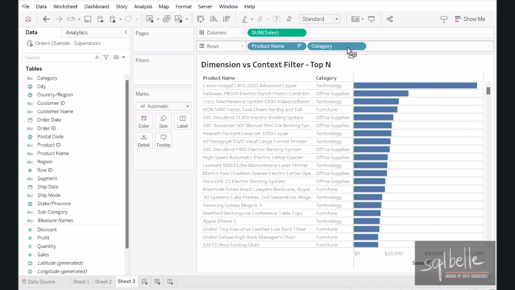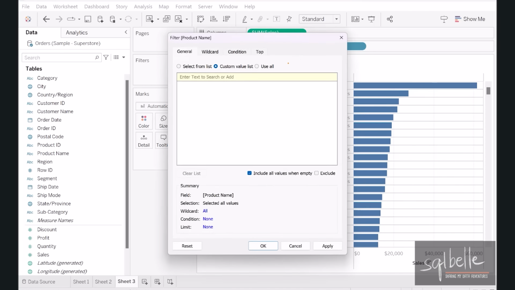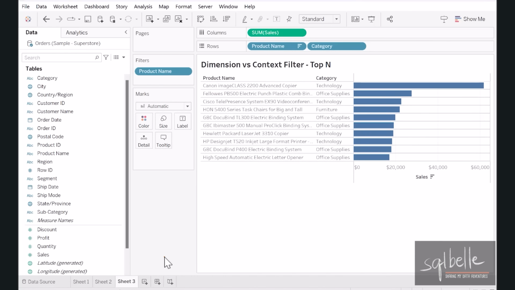Now with our dimension filters, we can add a top or bottom filter. So here in our product name, if we click on the drop down under filter, here we see a top tab. When we go here, maybe we want to get just a top 10 products by sales. So we're going to toggle this. Instead of none, we're going to select by field, and we're going to keep this as top 10 by sales. Let's click OK. And again, right now, we can see that our overall top 10 is a mix of different